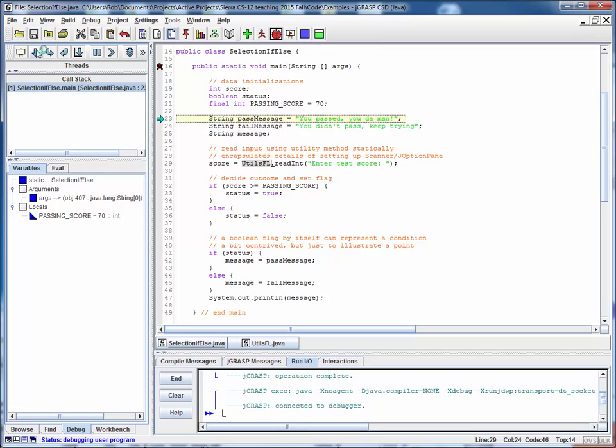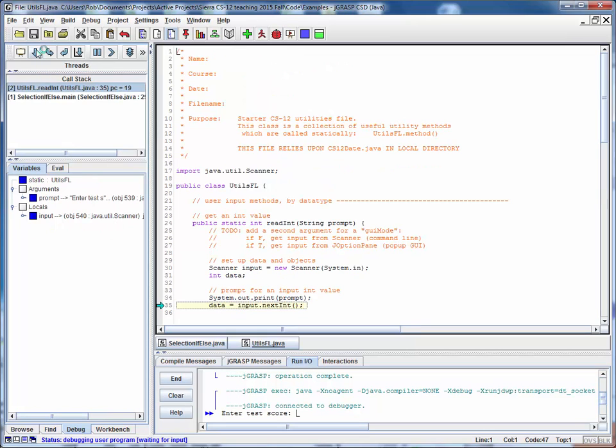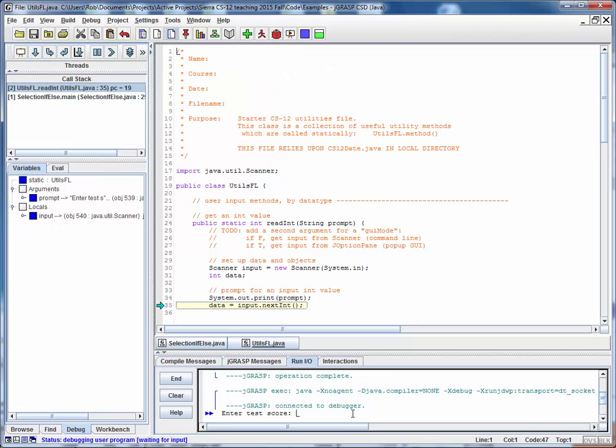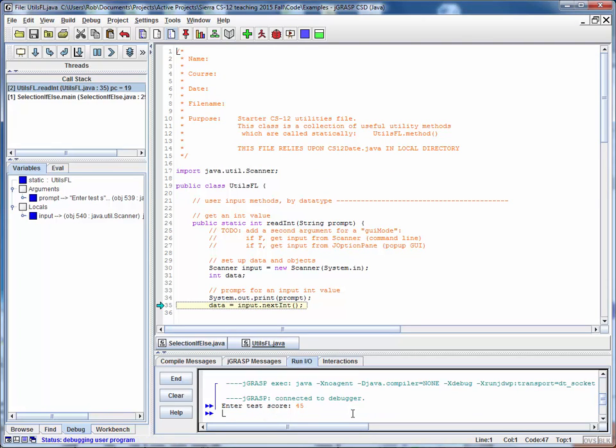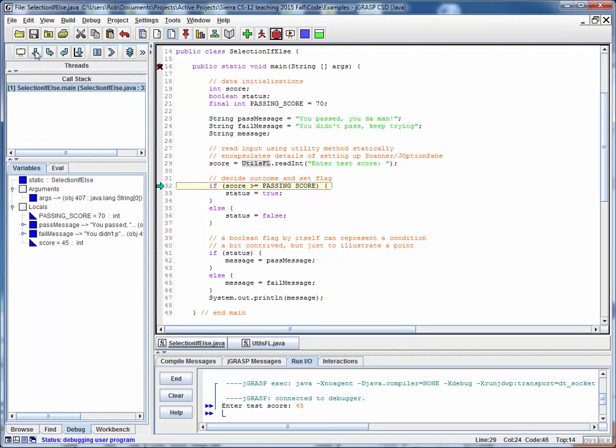I'll step through this a little bit more quickly now. Here we're prompting for another score. Let's give it a failing score of, say, 45, and we've read that in. Now we're checking whether 45 is a passing score. Obviously it's false, so we're going to skip the true branch entirely, go to the false, set that flag,